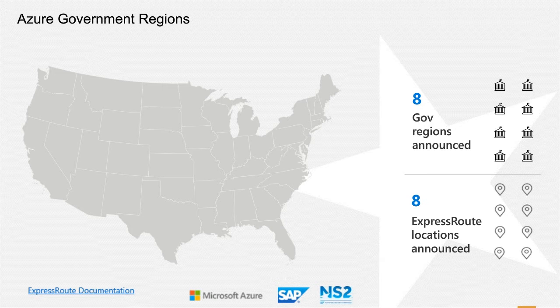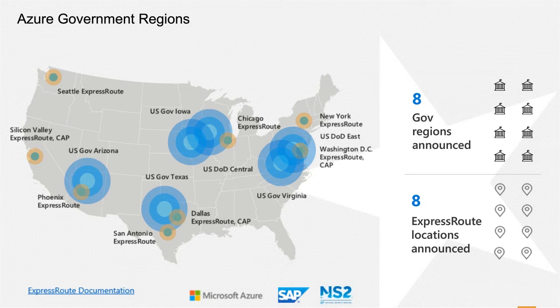As you can see from the slide, there are 8 regions, all within the perimeter of the continental United States. These regions are all connected to the dedicated regional low latency network for U.S. government that I mentioned previously. Amongst Azure Government's 8 regions are 4 for U.S. federal, state, and local government customers and the tribal entities, as well as partners performing work on behalf of government